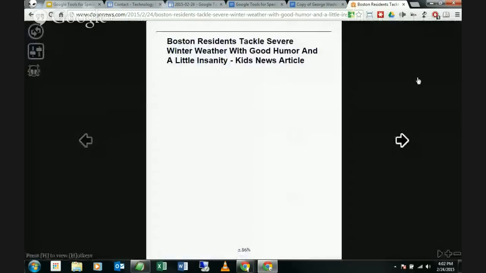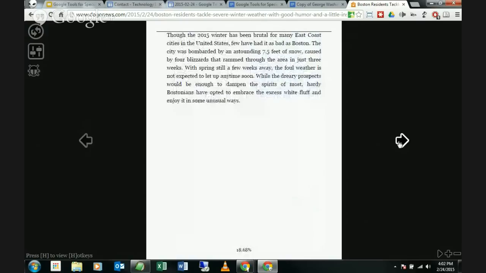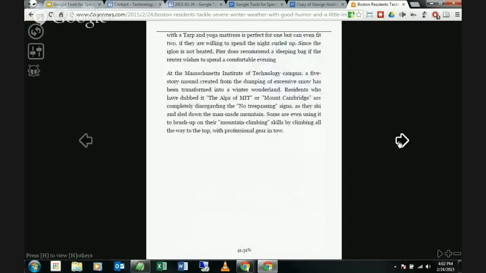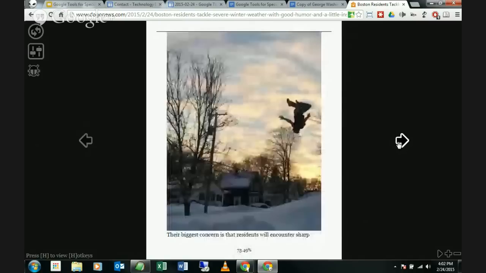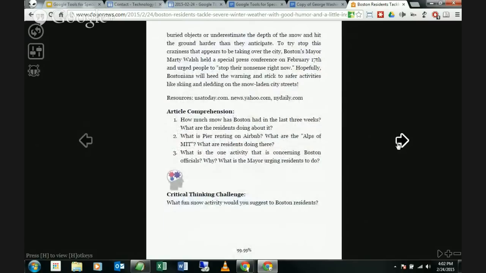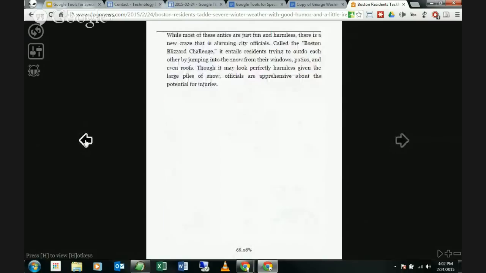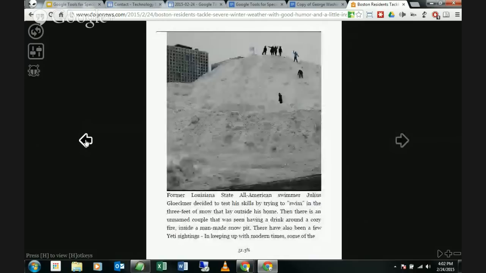So when I click on this one, what it does is it takes the page, it strips out the stuff that doesn't need to be there, and then it creates a flippable ebook out of it. And so you can go right and left like you're turning pages, and you can read through it like a flippable ebook. And it also works with the space bar, so you can use that to flip through the